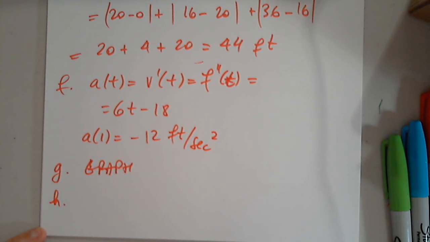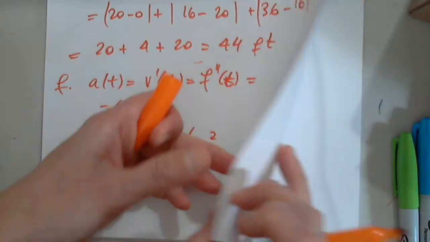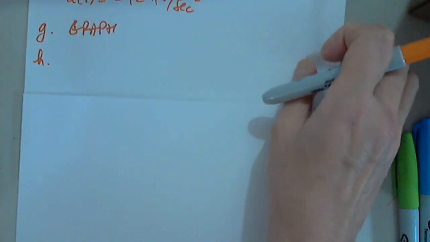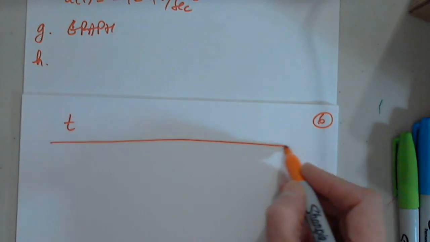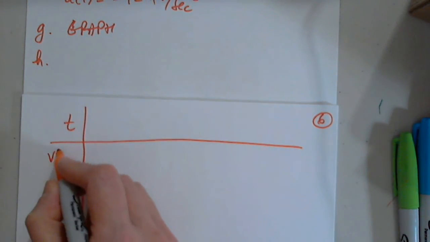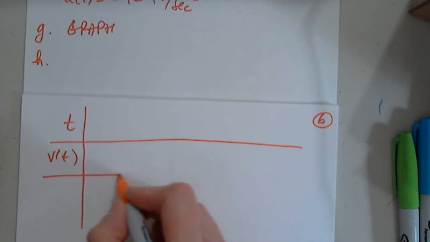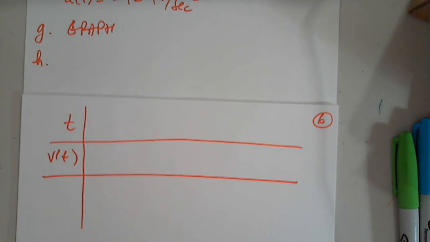yes, speeding up, slowing down. Okay, perfect. So for that, we are going back to the table we just created. I'm going to create it again. I'm going to copy it here. And here's T. Here's V of T. I'm sorry, I meant V of T, not V prime, not yet. Just V. Then the acceleration